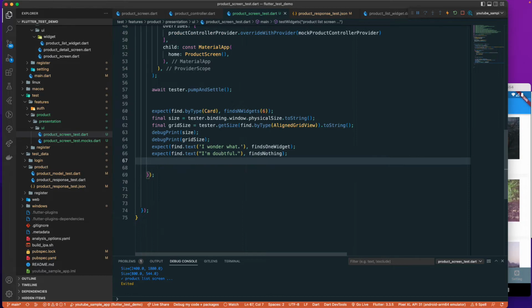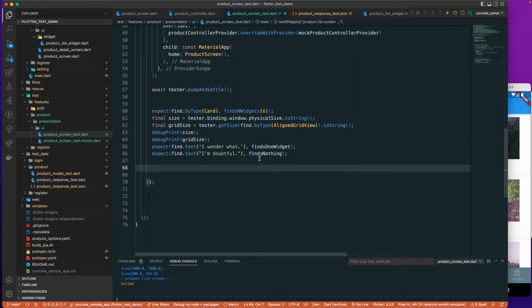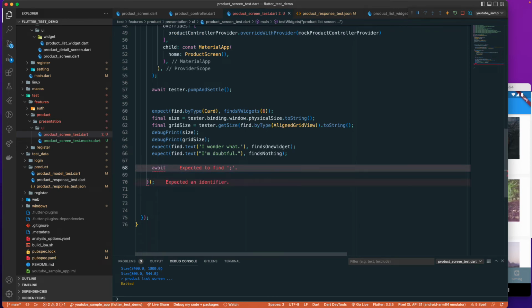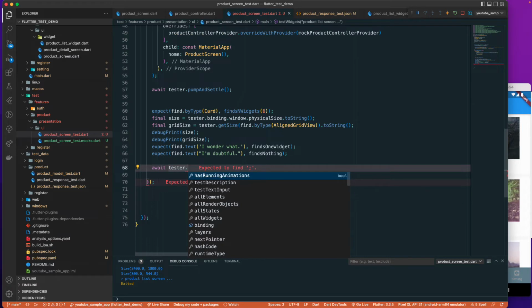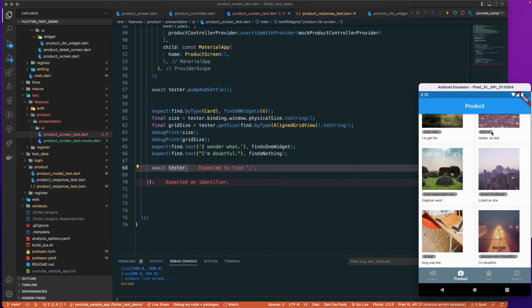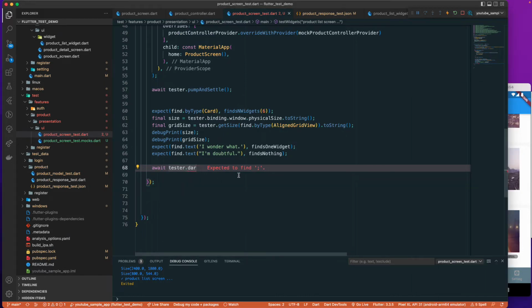So what we need to do next is we need to scroll, right, and we need to find that particular text. So let's go down, and I'll just say await over here. Let's say await over here, and let's try to see tester, sorry, not the test case, it should be of the tester. Why I'm typing it wrong over here, tester dot, and then I need to find it. Okay, so I need to drag that particular thing over here, right? So this one I need to drag up to I guess around this level, and I need to find that particular text. I'm doubtful, so I need to drag from here,